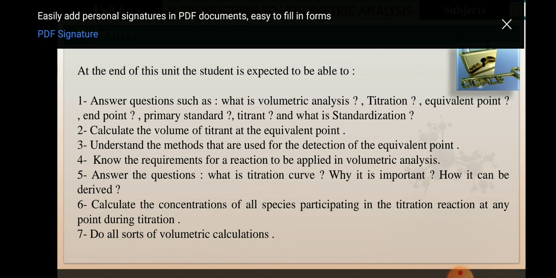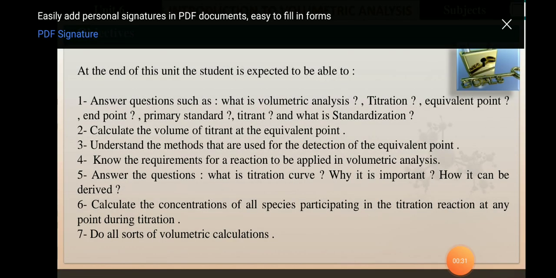My subject is analytical chemistry. The first chapter is volumetric analysis. In volumetric analysis there are seven questions. At the end of the unit, the student is expected to be able to answer the seven questions, such as firstly,